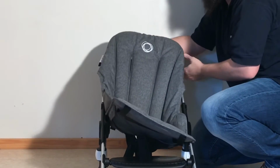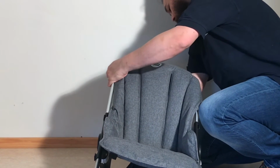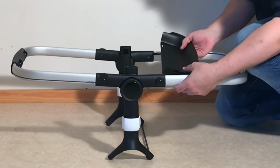Textile-wise, the Fox2 maintains the standard Bugaboo-type fabrics, which are pretty high quality, and as they've always done with their flagship models, both the seat and bassinet are included with purchase, designed to fit the same frame. The method for attaching these elements has not changed from the previous model, and is a process that a lot